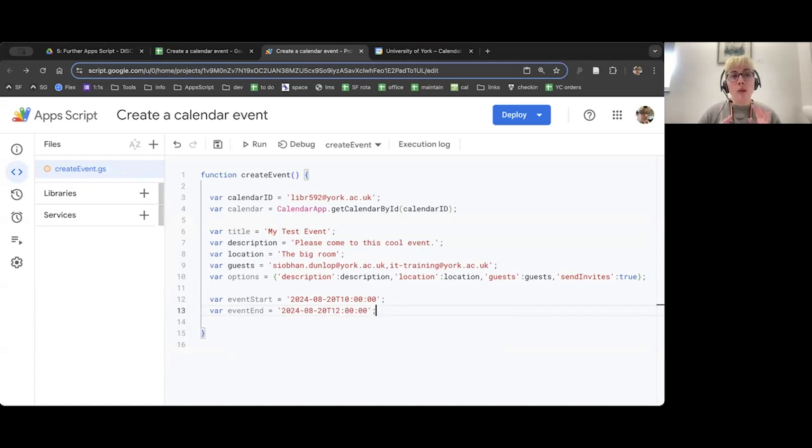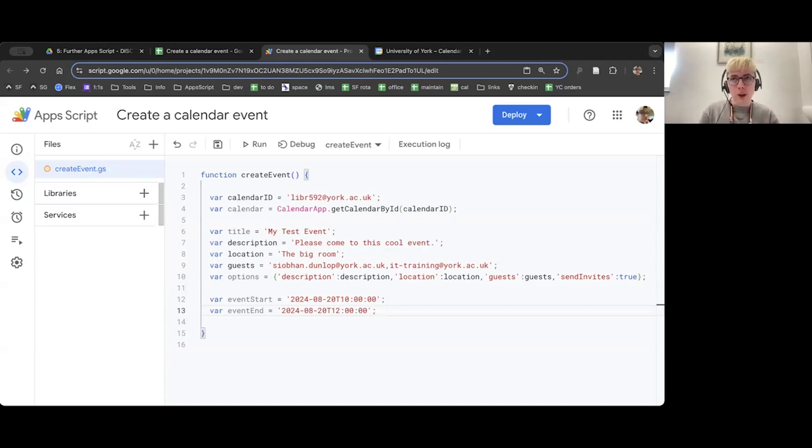I will mention that when you are live coding along with me, I would recommend doing a date and time that is very near the current one, so you'll easily see it in Google Calendar. You don't want to be scheduling it months in advance and then you can't find it again because you've forgotten what date you put. So put like today or tomorrow or soon so that it's easy to spot in your calendar.